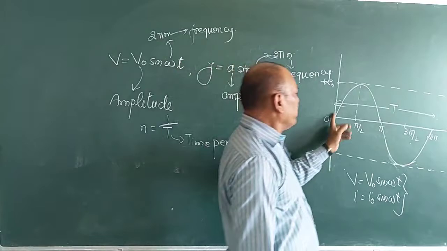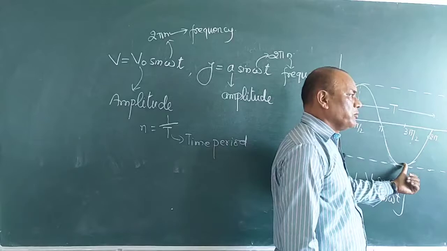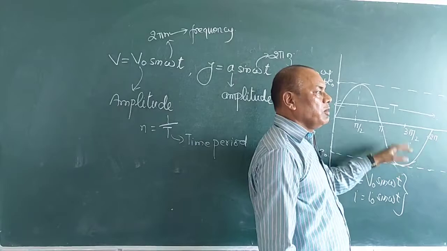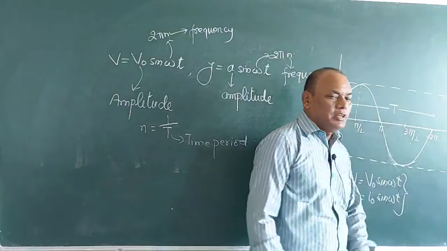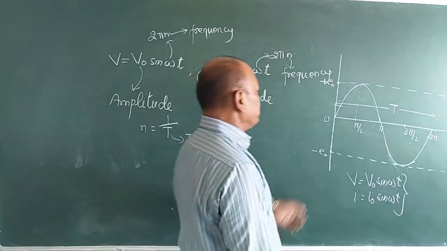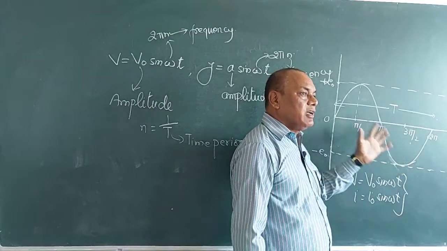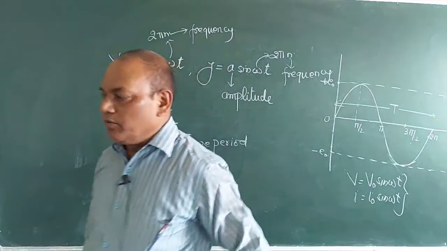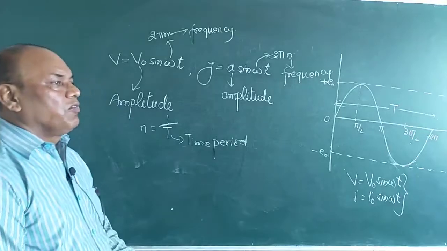So from here to here it becomes maximum, from here to here it becomes minimum. So in one complete rotation, 2 times it will be maximum in positive and negative, and 2 times it becomes 0. Therefore we can say that the average value of this voltage will be 0. Similarly, if we take this curve as an alternating current, then its average value will also be 0. Therefore, we have to calculate its average value for half rotation.